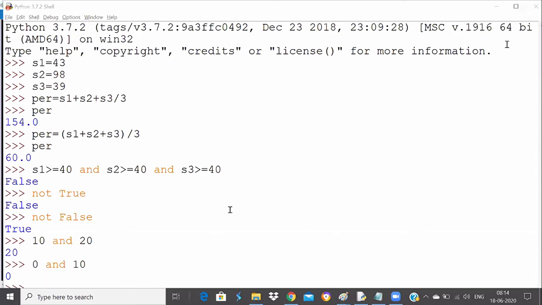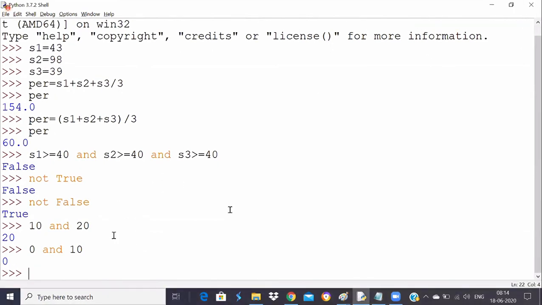Now, if I ask you a few more questions, for example, you can have more: 10 and 20 and 30 and 40 and 0. What is the answer? It will check all and the result will be 0. Very good. It will check all. The result is not 40, guys. The result will be 0.